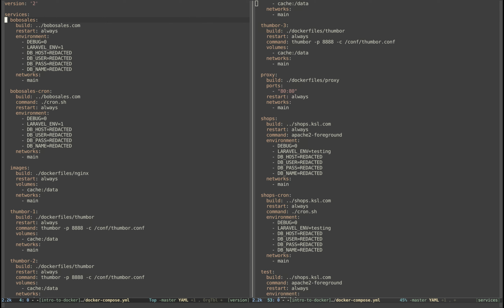So we name each of our services. Here we have public sales. Our background processing is just handled by cron. So we have a container that runs cron. We have